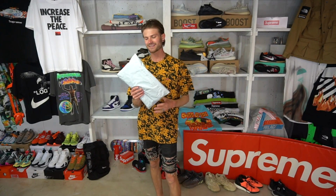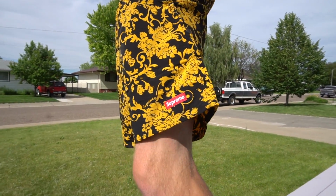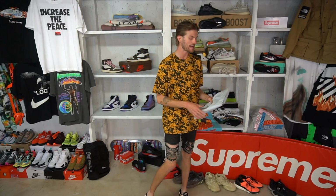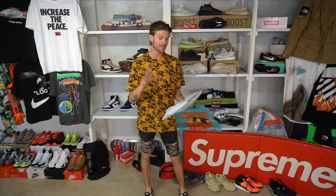Today we're going to be looking at the Nylon Water shorts from Supreme's 2020 collection. This is a pair I really wanted to grab. So glad I was able to get it. Got the matching shirt, right? This item did sell out really quickly when it initially dropped, so it does have a bit of resale, which